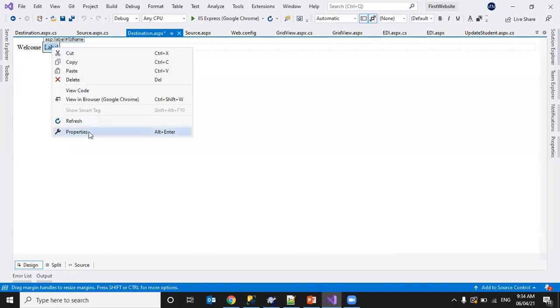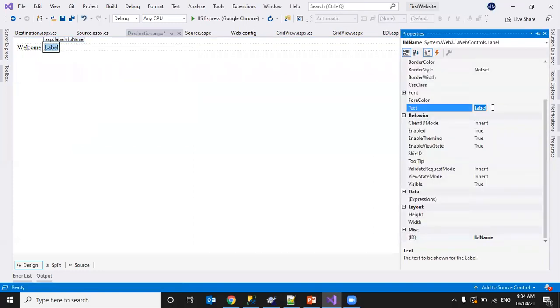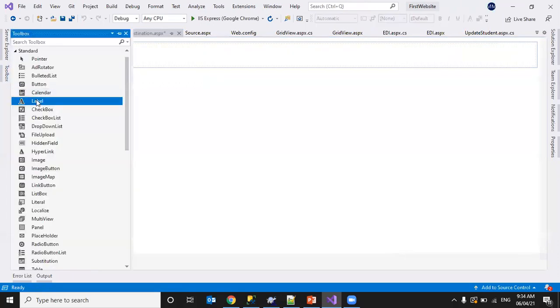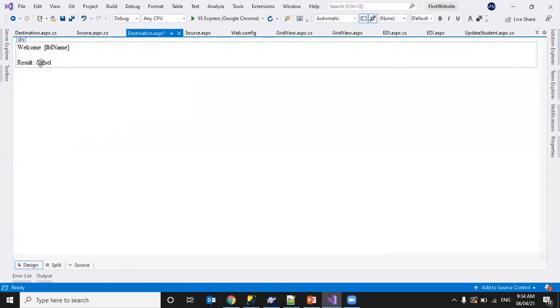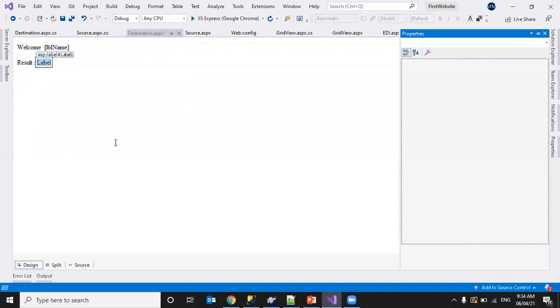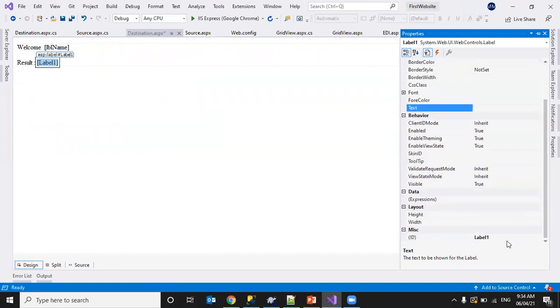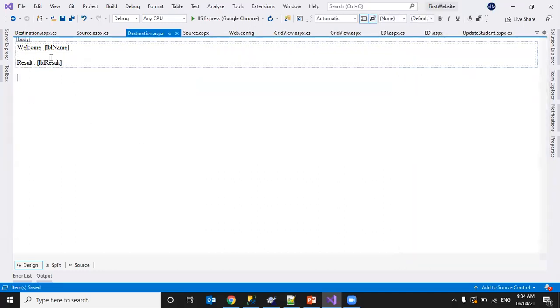Let me remove the text as well so that currently it is empty. I want to display the result of the values I passed, so I'll take another label, remove its text and give it the ID lblResult. This way I can display the information here.